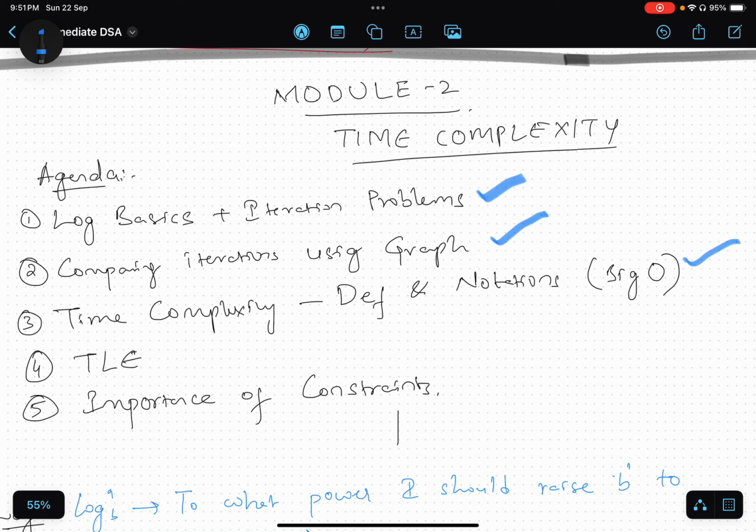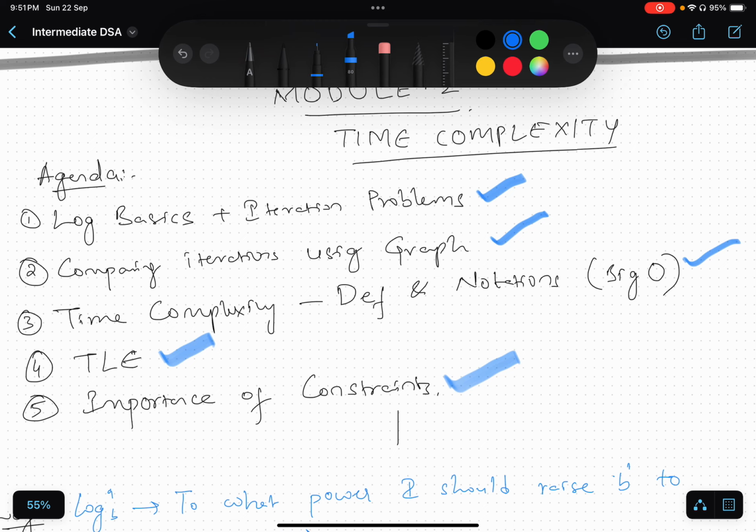We'll see a common problem faced by any developer, that is time limit exceeded, how to overcome that, and what is the importance of constraints from the given question while solving any DSA problem. Okay, let's get started with